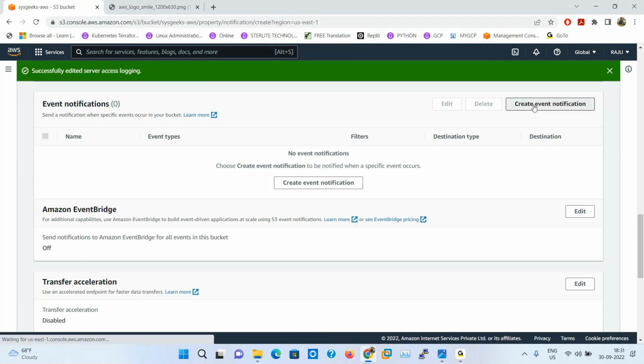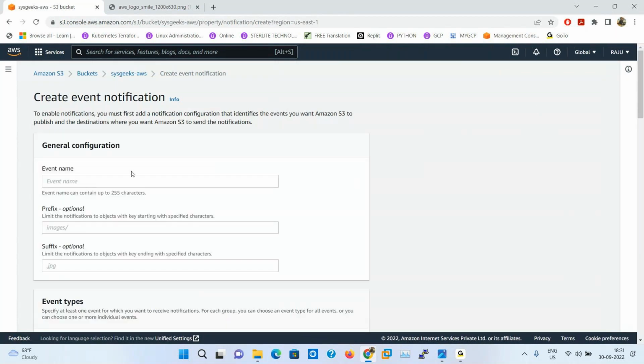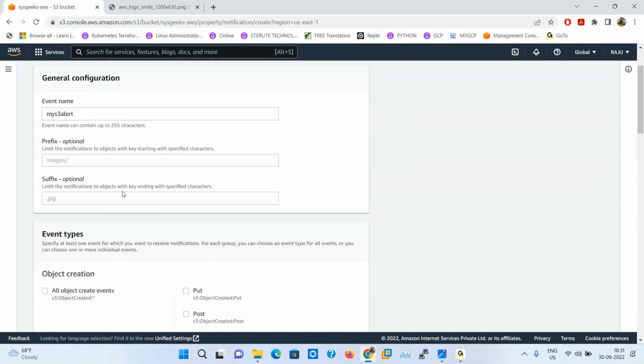So how to trigger the notification? Here, create event notification. The notification name is, okay, My S3 alert. Then here prefix name and suffix name. Prefix means I want to alert only names that start with, for example, cloud.